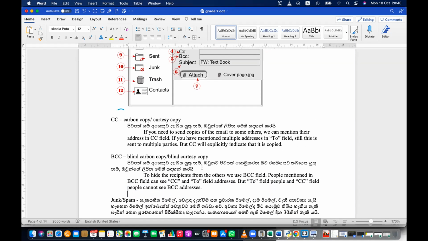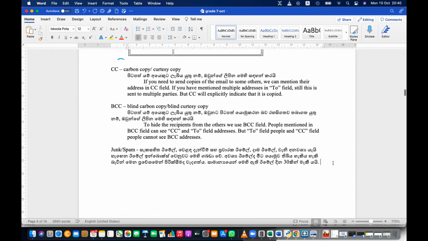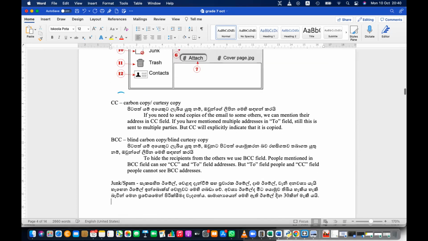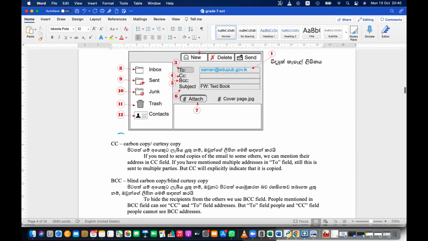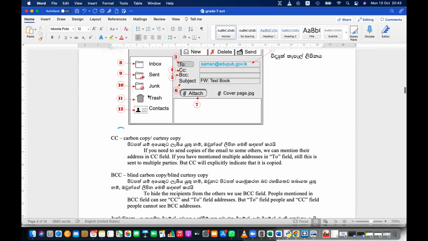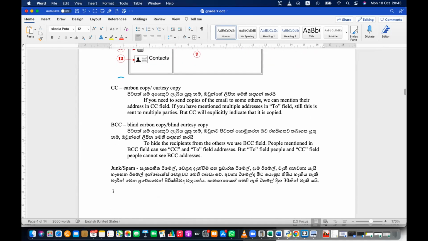Then another important thing is this junk or the spam folder. So please write down this part. I'll then explain the junk spam, right? First of all, please write down this. Junk or the spam. So basically these are unsolicited email, unintended or unwelcome email.